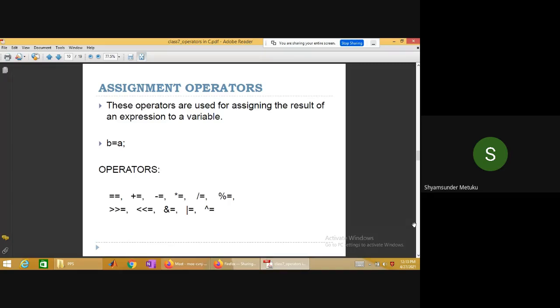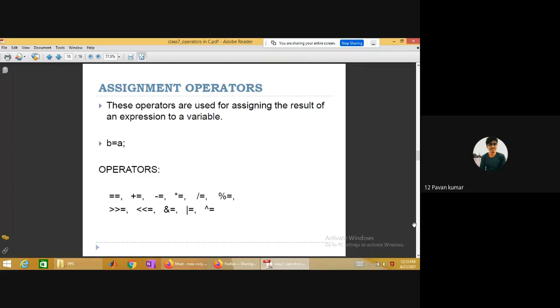I think so far in the programs, whatever I have shown, we are using a third variable to accept the result. Yes or no? Yes, sir. C is equal to a plus b. Correct or not? Yes, sir. Now I don't want to use a third variable. I want to use one of the input variables as output. Means something like a is equal to a plus b. Can I write that way?